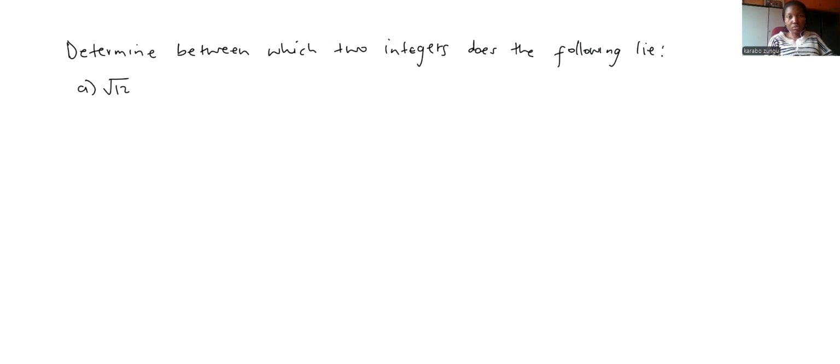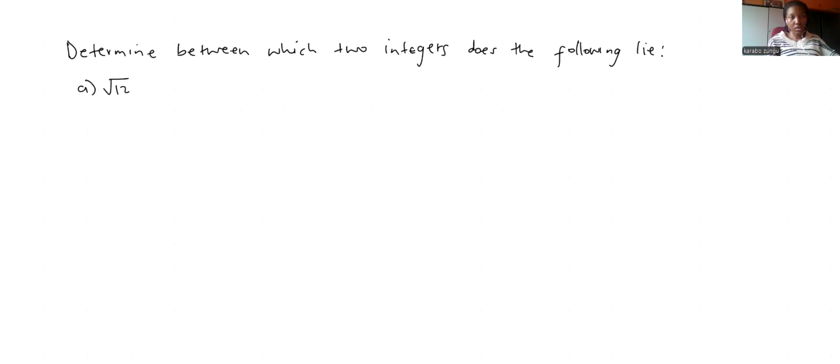Okay, so I'd like us to look at this question. Today's lesson is based on grade 10 number system. So it's a continuation from the previous lesson. Okay, so let's look at the